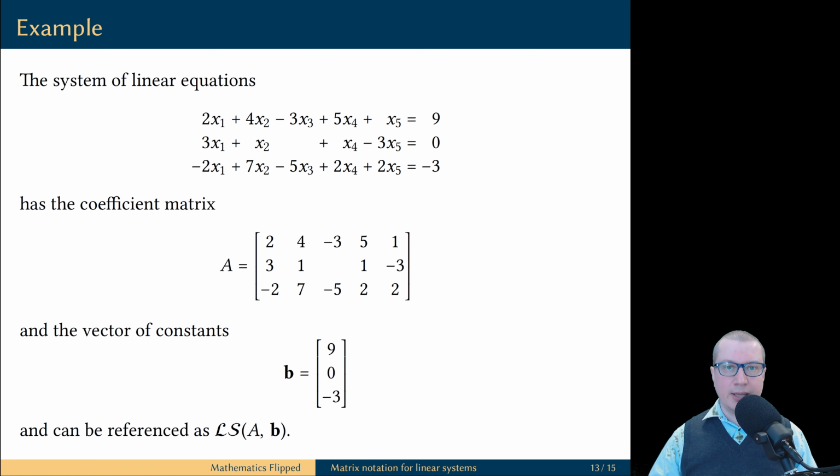You're not supposed to have blank spots in the matrix, but you do have a blank spot in the linear system, so what do we do? We remember that whenever a variable is missing from an equation, it means it's multiplied by the coefficient 0. Therefore, this entry in the coefficient matrix is equal to 0. Remember, you cannot have any blank spots in a matrix. It has to be a full rectangular array of numbers.